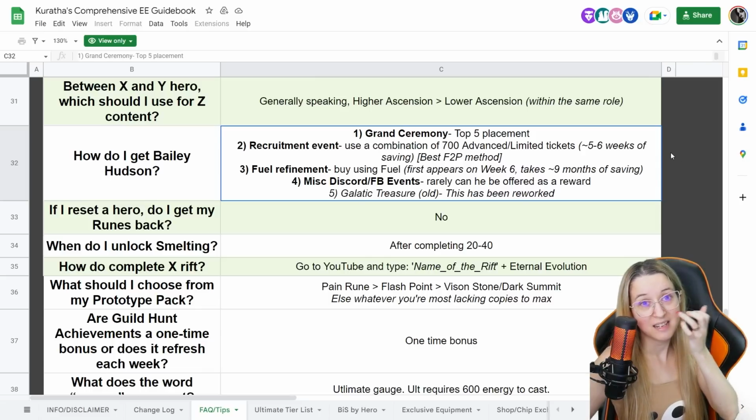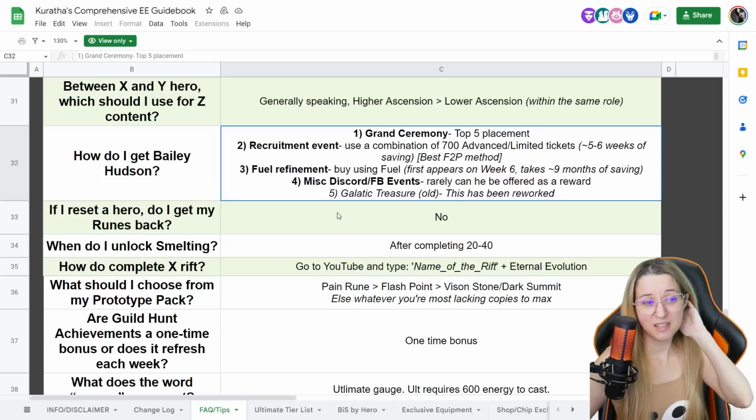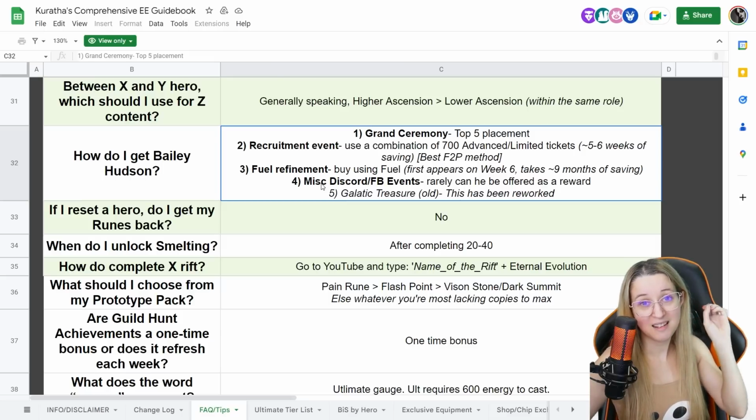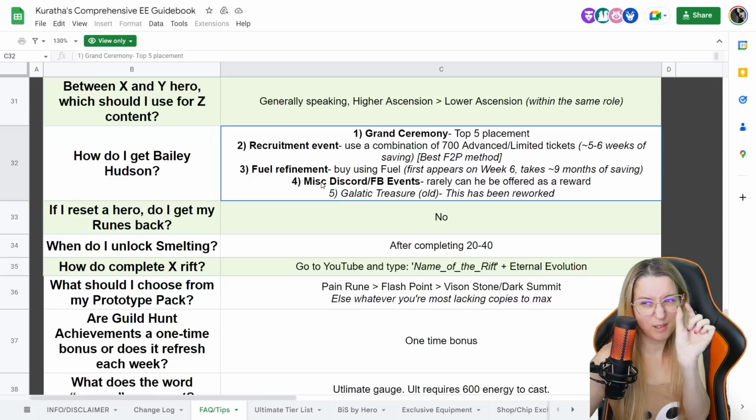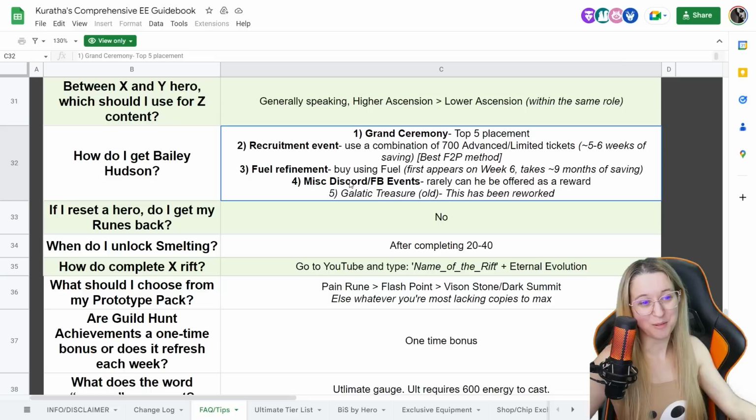But I'm going to wait till I can use them on something more useful, because the Fuel Refinement, just stock up on them. Don't use them at all. Collect them, let them go to your bag until there's something worth getting on that bar, because you barely progress. You get the tiniest part of that bar, and then that's it. And then you never get even close to getting the better rewards. So absolutely worth saving your fuel tanks in your bag until you're ready to actually complete an event.